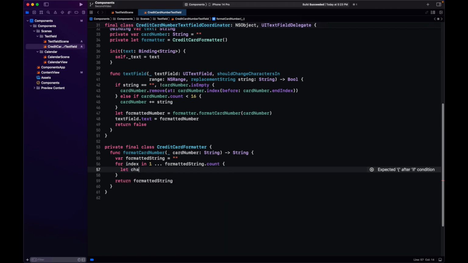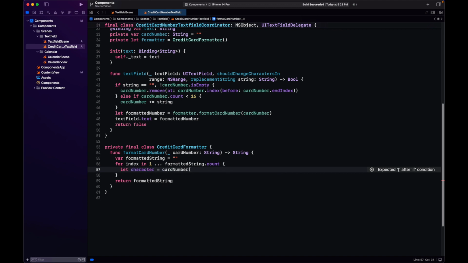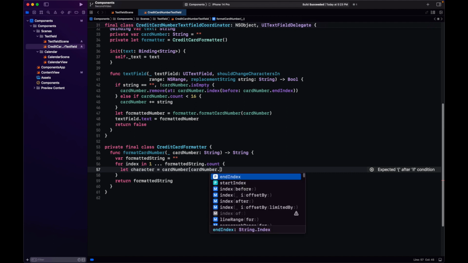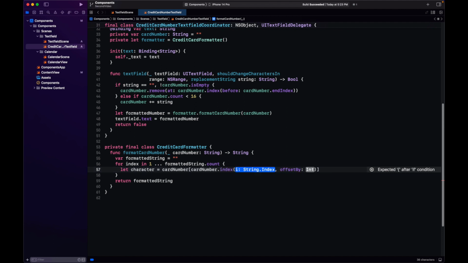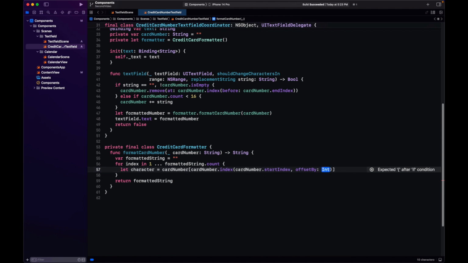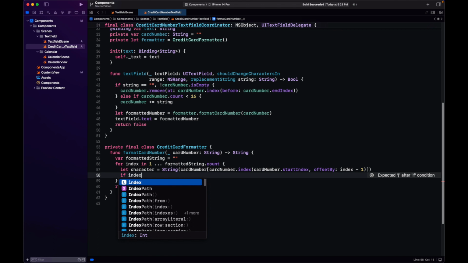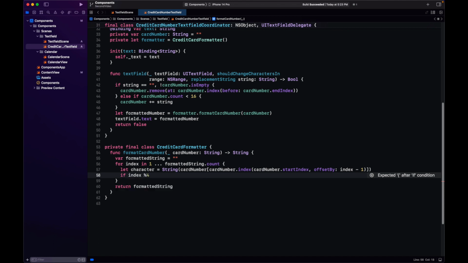First we need to get the character at index minus 1, so we can concatenate it easily, cast it to a string, and check if the index is a multiple of 4,